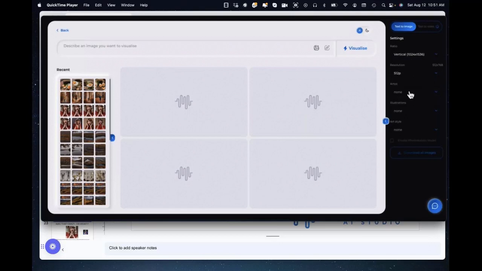I rarely pick that. You could then pick an artist if you want. I don't. I generally just type what I want, and it enables automatically, usually photorealistic images with this latest fantastic image model that we're using. You could try the illustrations, and then it will give you different kinds, like comic book art could be something that you might be looking for. Art style as well, pop art versus street art, Baroque, etc. But as I said, I tend not to pick those.